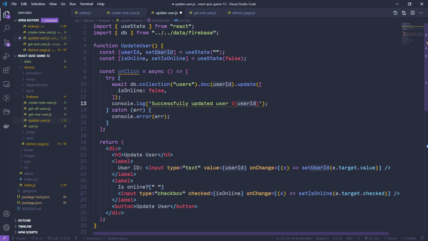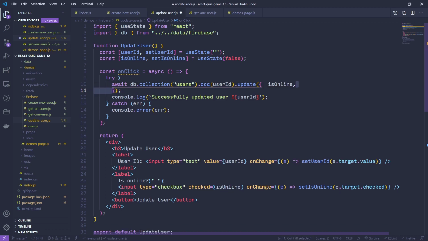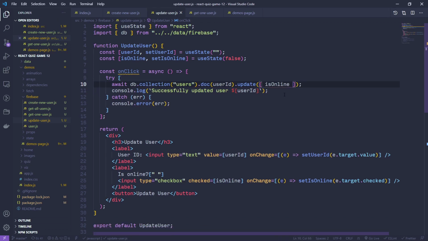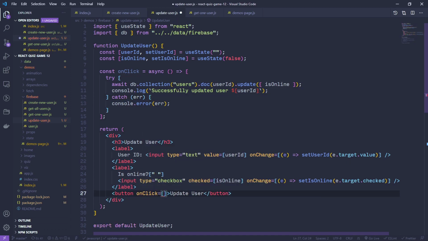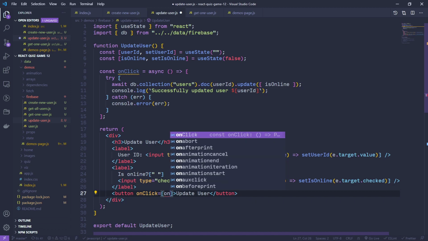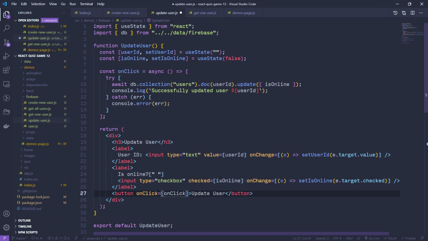But what we do have to change is isOnline to use our state variable. And since the name of the field is the same thing as our variable, we can just say isOnline without the colon. And this is small enough to fit on a single line. Let's get that function running when we click on our button,